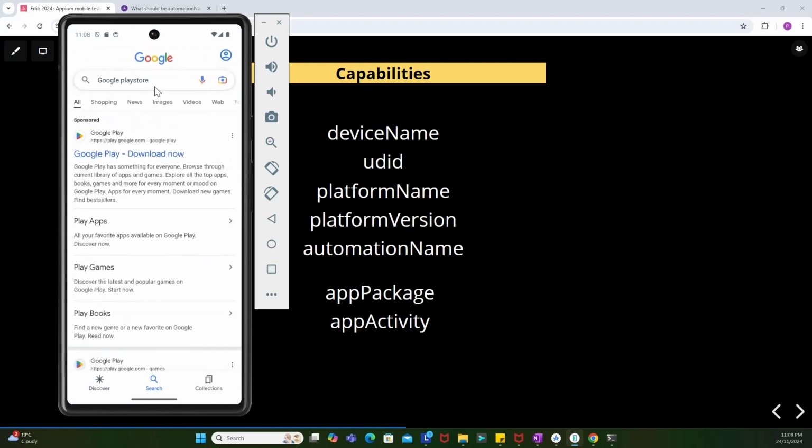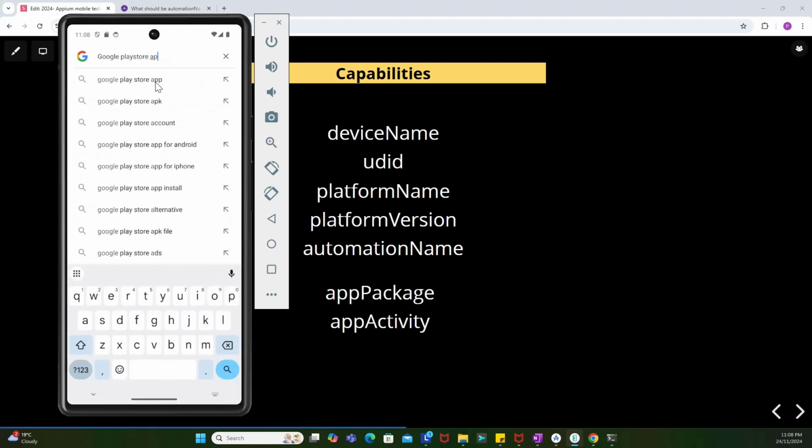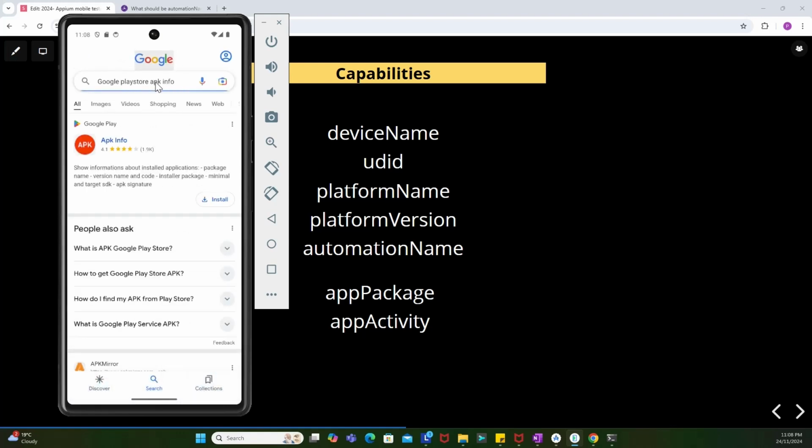And now what I will search over here is APK info. Okay, so this is something that we are interested in, APK info, and you can see over here it shows information about installed application, package name, version name. So this particular app, which is APK info, gives the details about the apps that are installed inside the phone